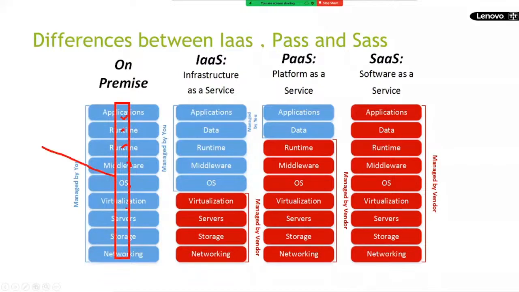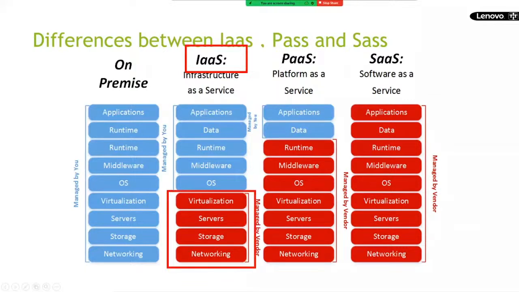To maintain everything, what do we require? Data center. What is that, guys? Data center. This is on-premises. Next, when you go for cloud computing with IaaS, they provide only servers. On top of it, we decide what type of operating system is required, either Windows or Linux, and host your application, installing and configuring it as per your business requirement.